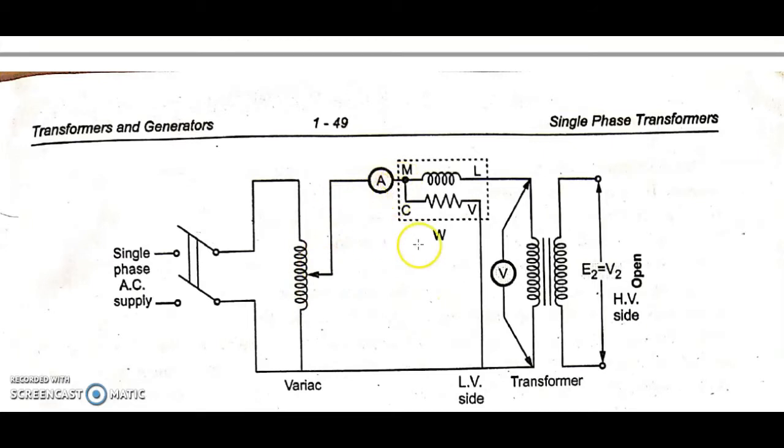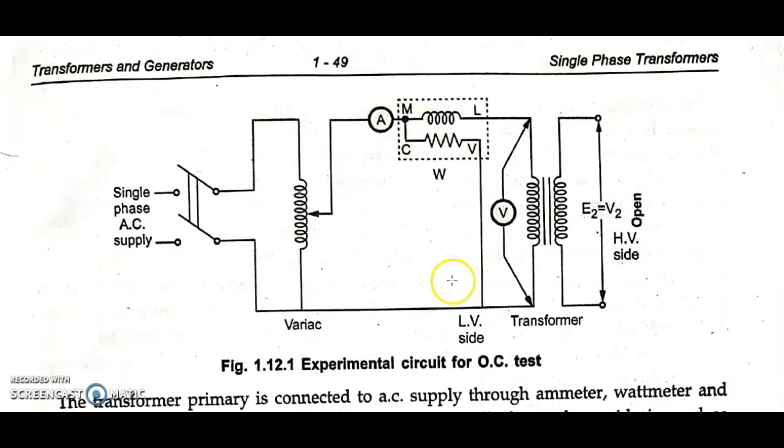Okay, very simple. Make sure the ammeter should be connected in series with the circuit, whereas the voltmeter is connected across the primary winding of the transformer. E2 you can keep open. If you want, you can measure V2 also. Anyhow, your I0, W0, V0 will help. Okay.